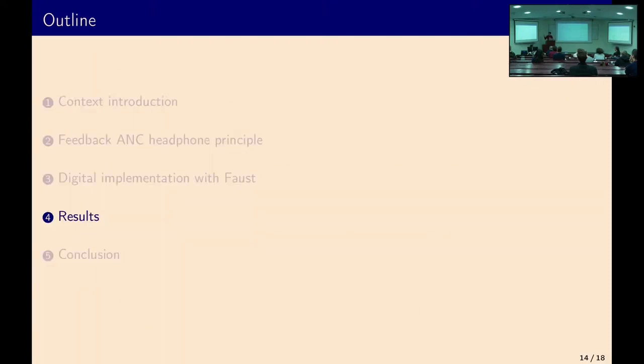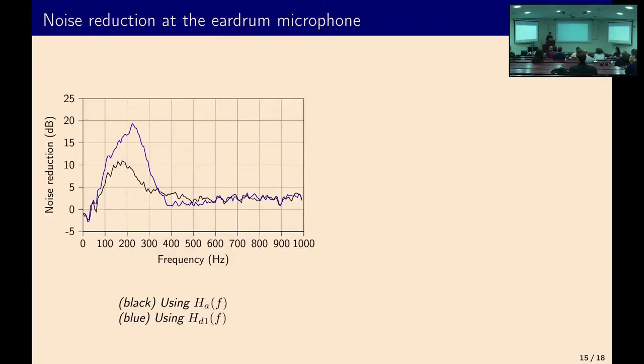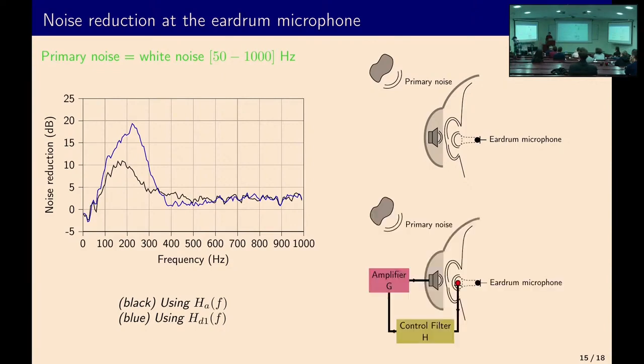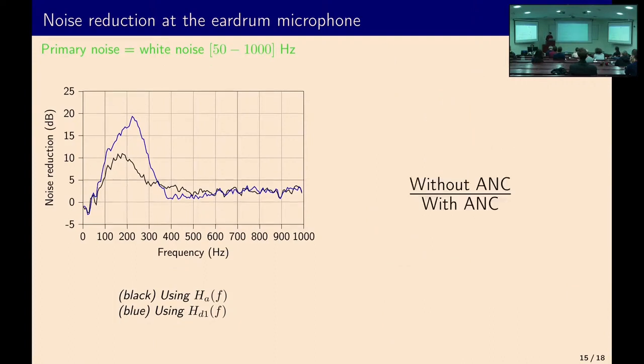Okay, so now that I showed you some cases, we can see actually what are the results and do we obtain a noise reduction. This is the noise reduction for the two single backward filters. What we do basically in the measurements, we take the case without feedback loops, so without active noise control. We do the measurements at the eardrum microphone, and then we do the exact same measurement using as a primary noise an external loudspeaker. So we do the exact same measurement, but using the feedback loop and the active noise control. And what you see on the left-hand side is just the ratio of both measurements.